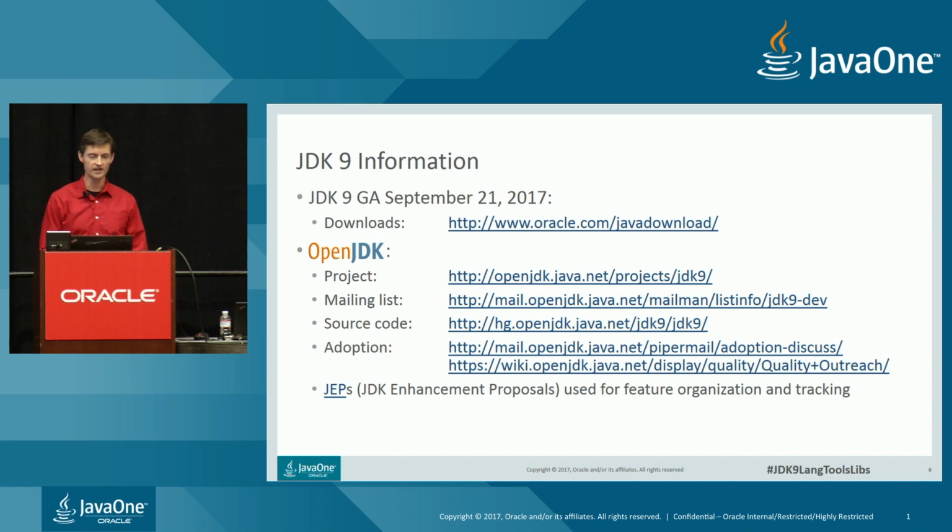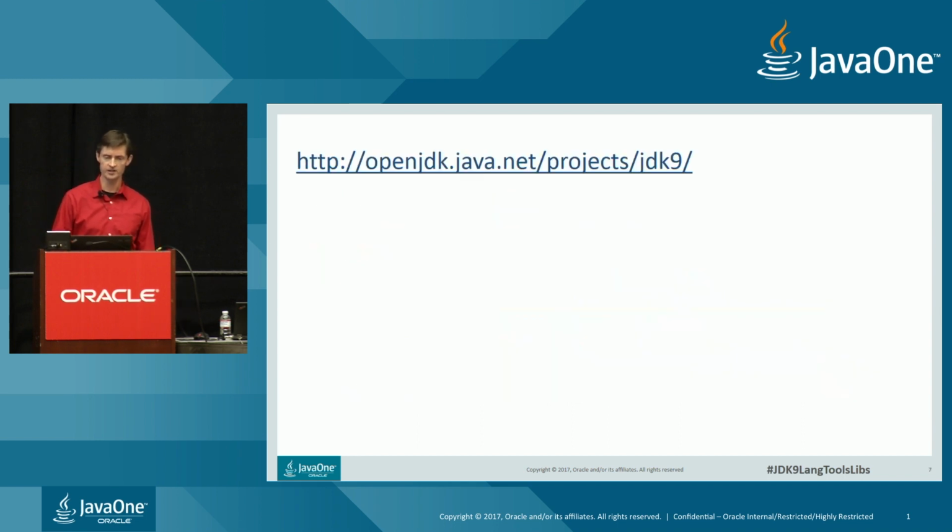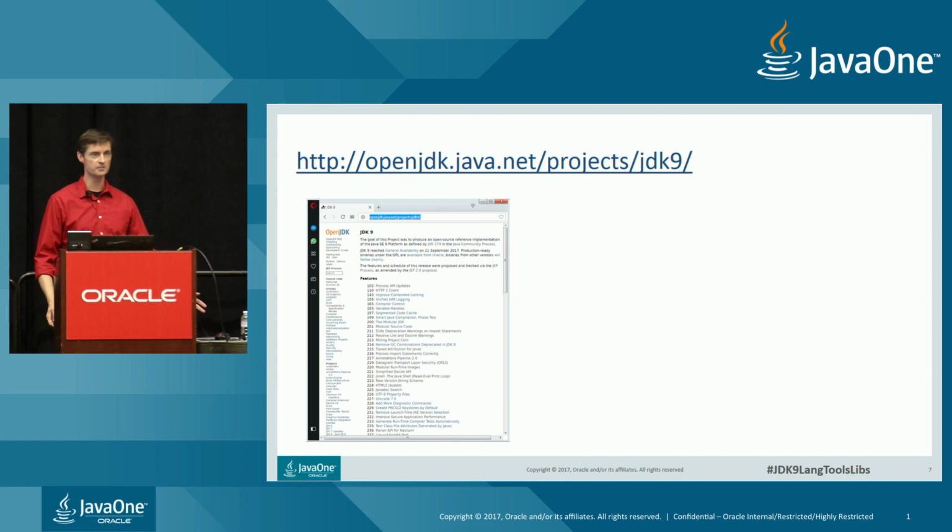Overview of JDK 9. As I mentioned, JDK 9 just shipped recently, a few weeks ago. Like the last few JDK projects, it was developed under the auspices of OpenJDK, so if you're interested in participating in that development, following the mailing list, trying out the builds, you can find more information on the OpenJDK website. Throughout this talk, I'll be using the term JEP. JEP is a JDK enhancement proposal. These are documents we use for feature tracking in the JDK. And if you go to the OpenJDK page for JDK 9, you will see a long list of the JEPs there, about 90 JEPs. We won't be talking about all of them today.